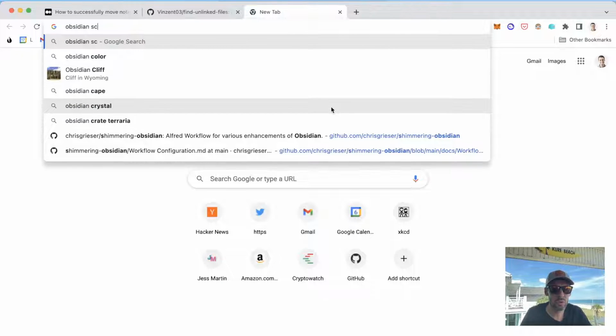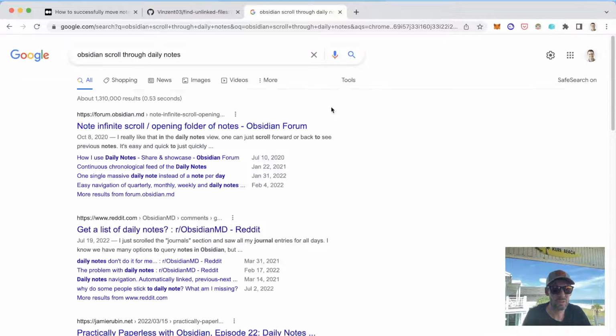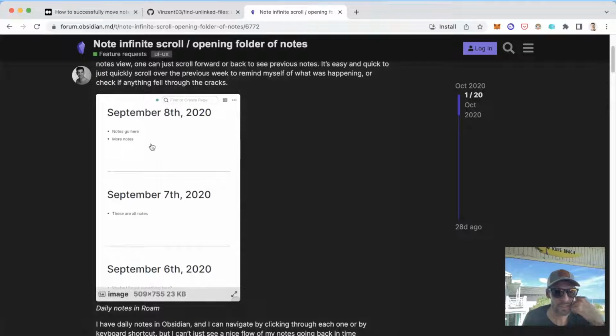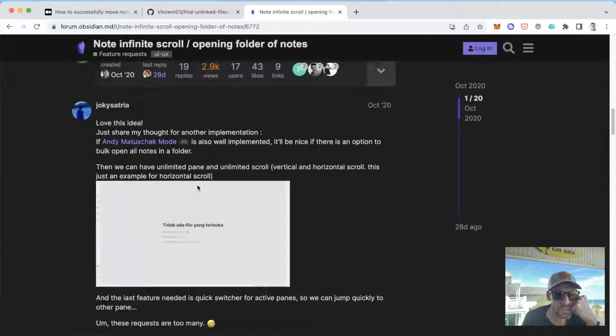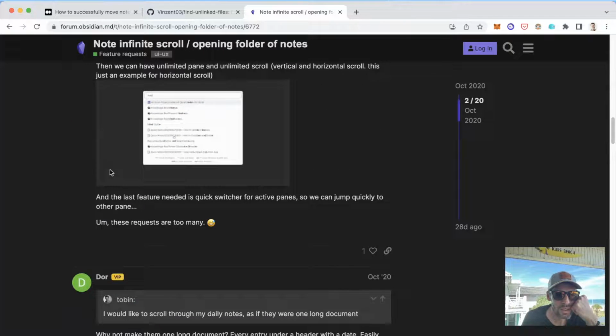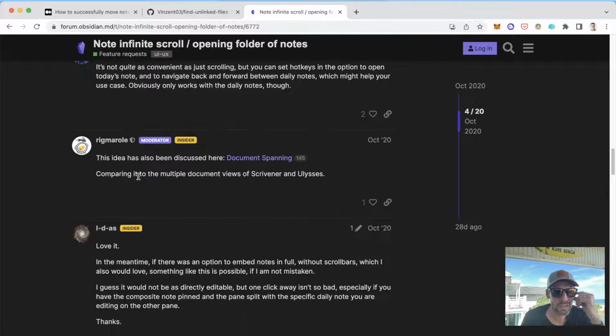Obsidian scroll through daily notes? Yes, that's exactly what I want to do right there. Let's see.